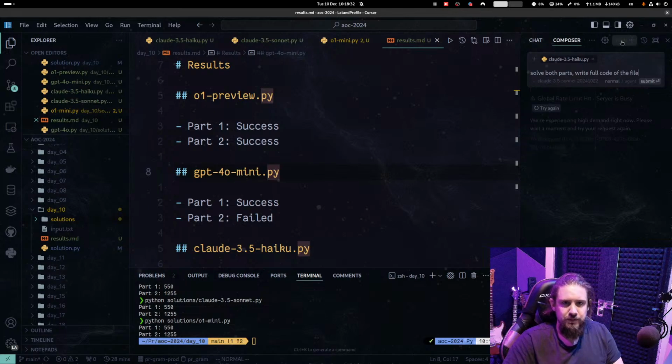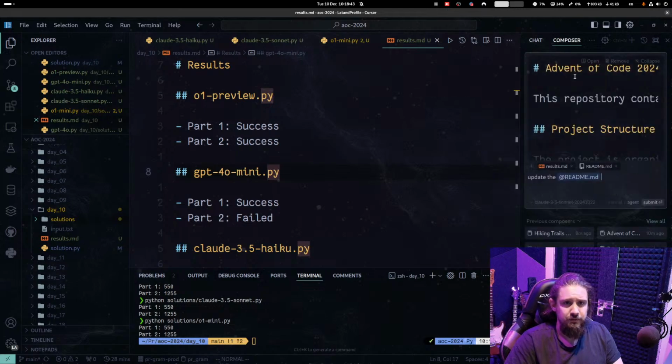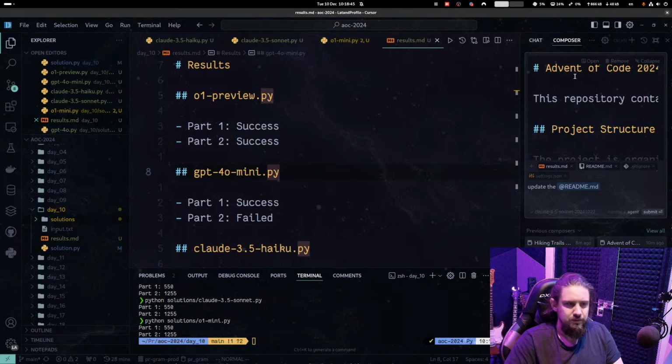I'm not sure if it's able to do that. Yep. So update the readme file so that we have the same structure inside all